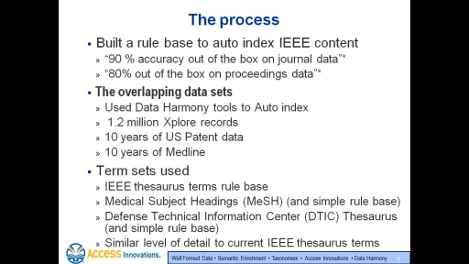We took 10 years of U.S. patent data, and we took 10 years of Medline data so that we could get a feeling for where the patents are going, and one set of science might be bioengineering as an example of looking at the edges of science and seeing where the overlap is. Well, we had the IEEE thesaurus already, as I told you, so we used the rule base for the IEEE. We made a simple rule base using the Medical Subject Headings from the National Library of Medicine, and then we took the Defense Technical Information Center thesaurus and made a simple rule base out of that